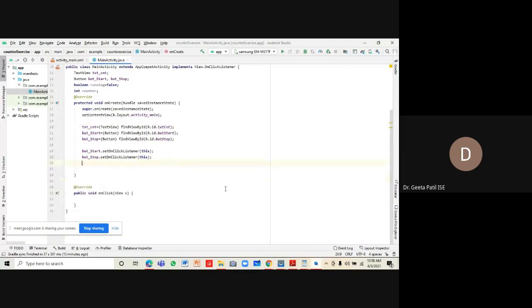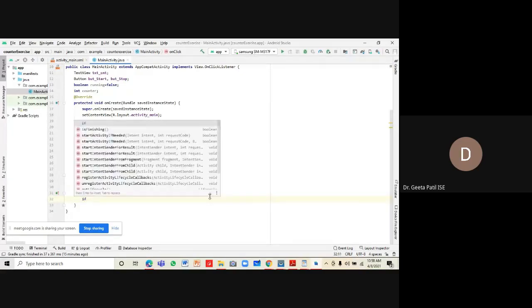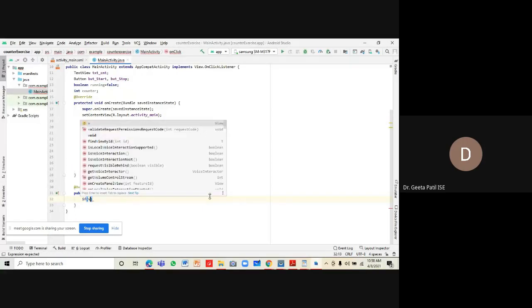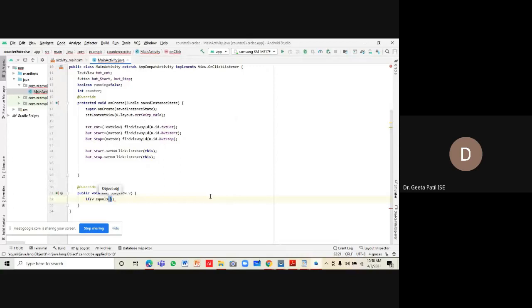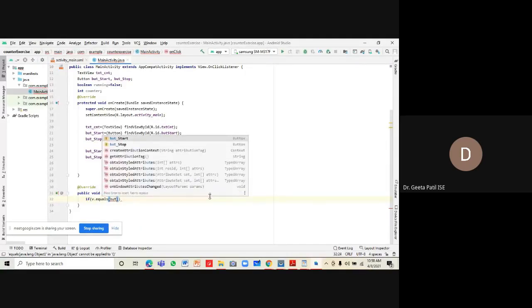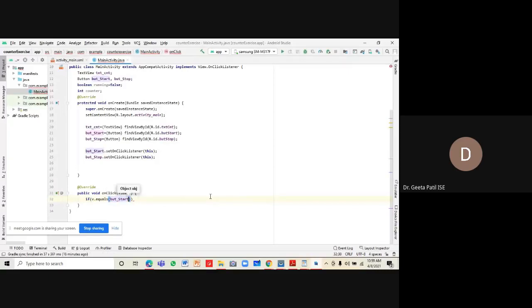So that has to be added over here. When we do it, you can see that the onClick method is overridden. Write the code required in this onClick method. In the onClick method, we just check if v.equals, if the view is equal to button start.